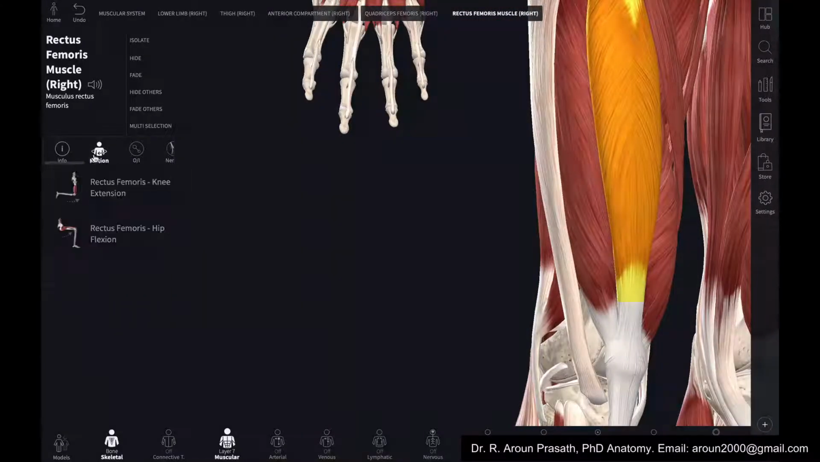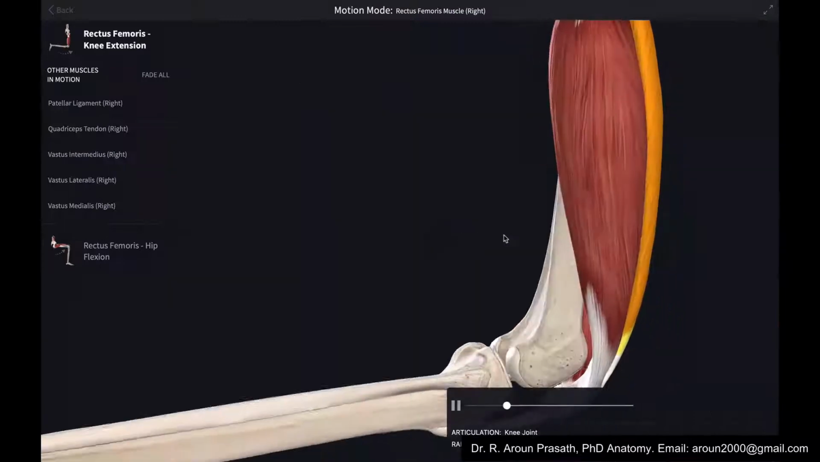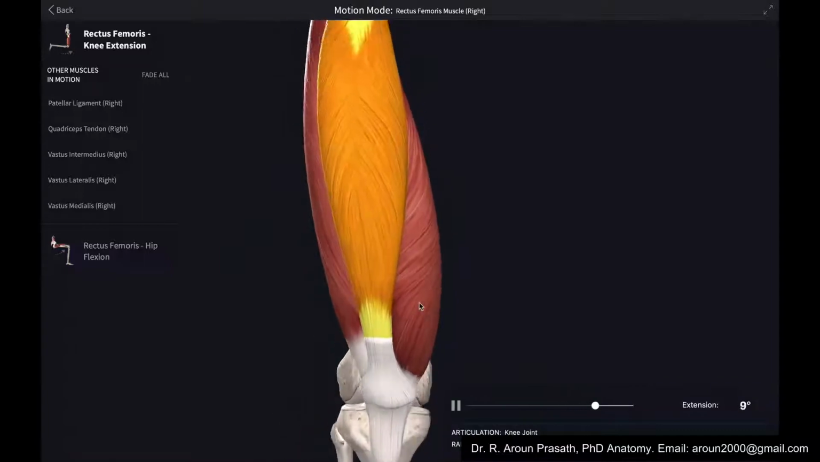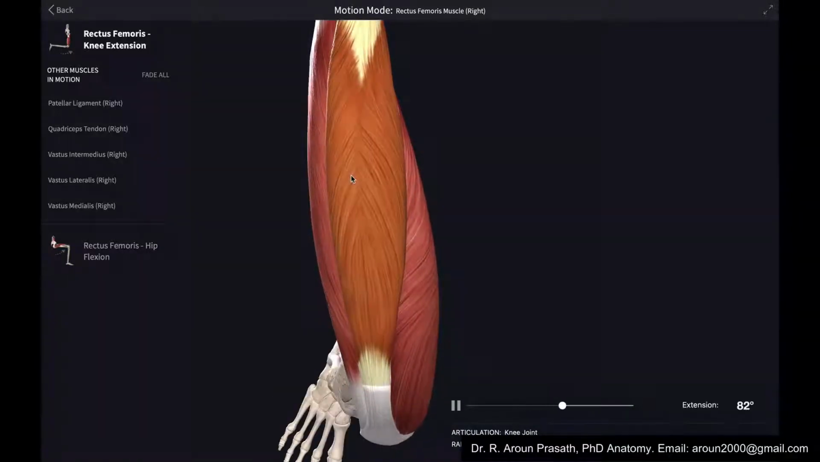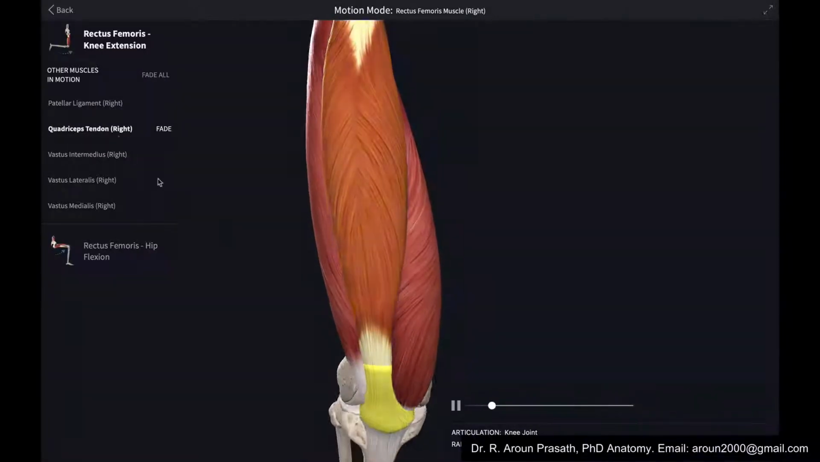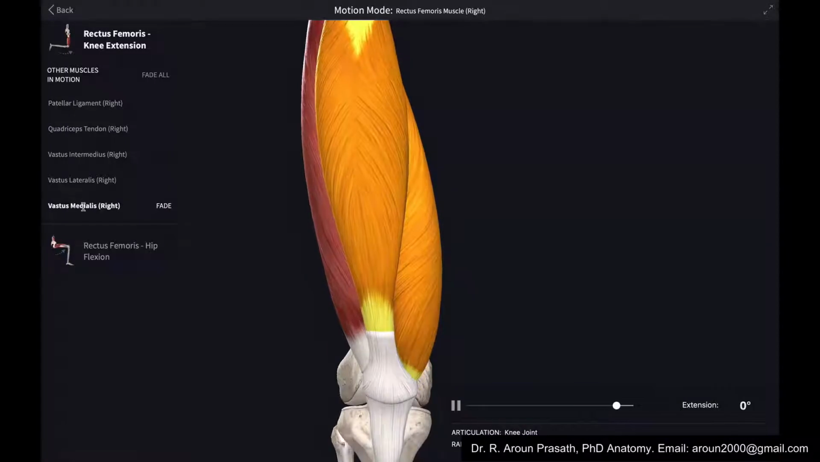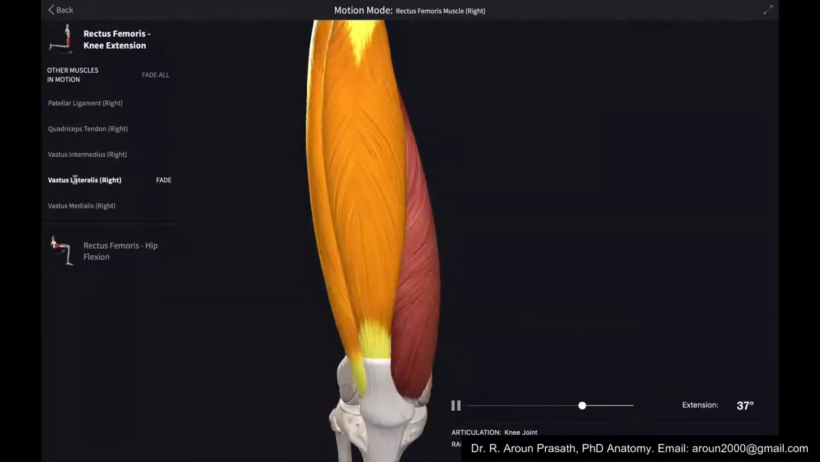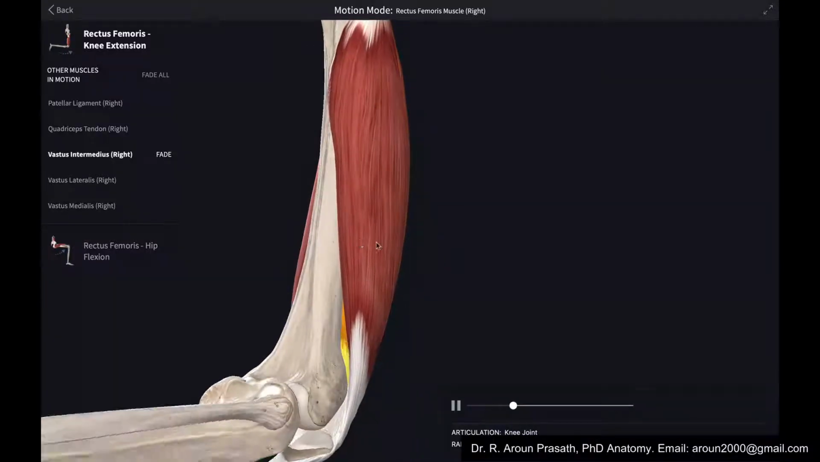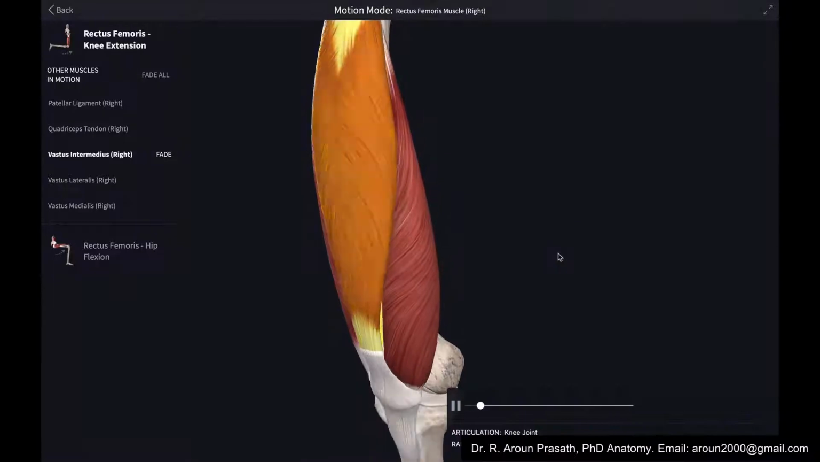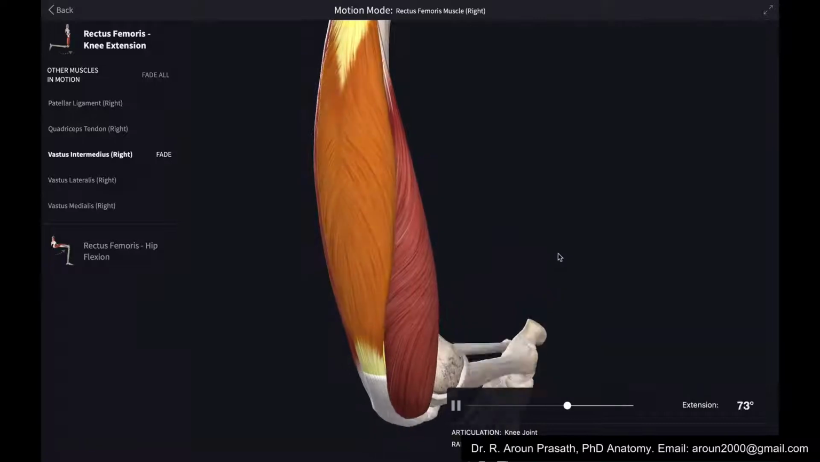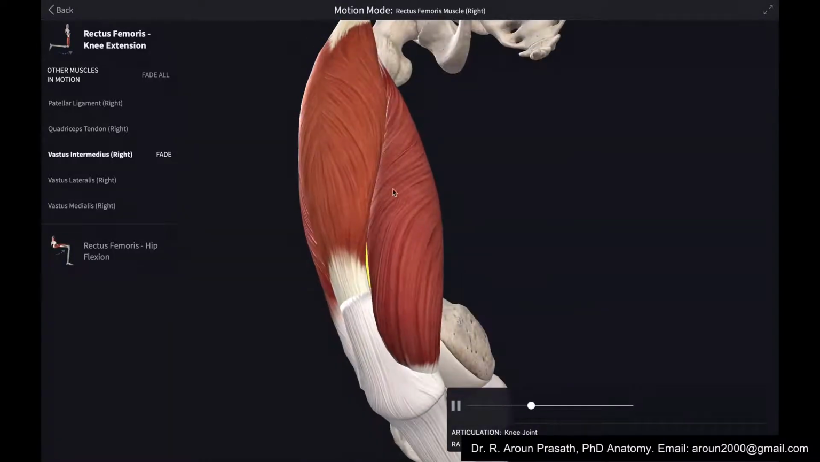You have the quadriceps muscle. Quad means 4, so it consists of 4 muscles. One is the rectus femoris. Then vastus medialis, and vastus lateralis, and vastus intermedius inside, in between this rectus. So these four muscles, rectus femoris, vastus medialis, vastus intermedius, and vastus lateralis, all come together and form